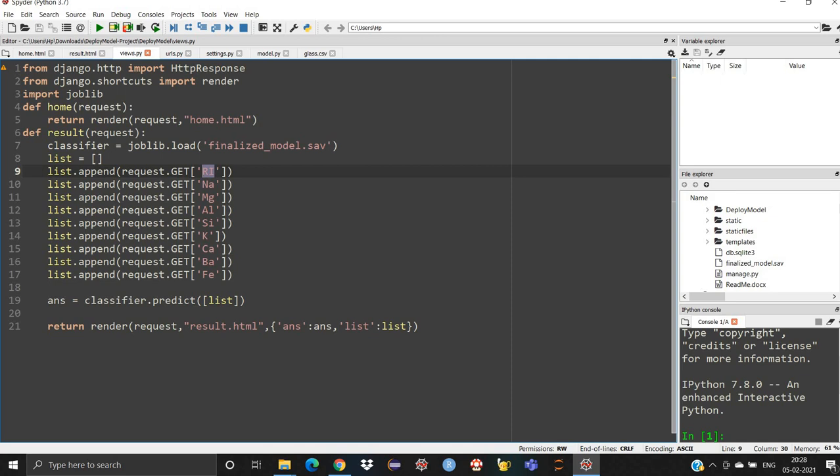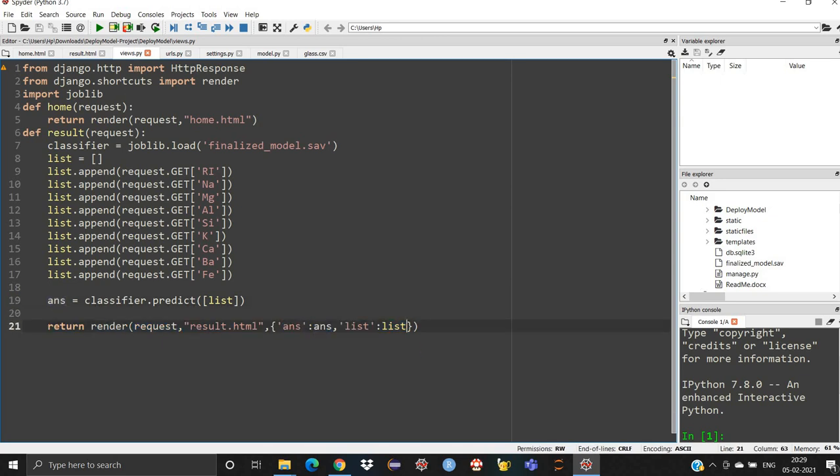Then after appending all these things, I have created another variable which is ANS, and I have predicted by passing this list inside the predict function. It will predict which type it belongs to and store the answer inside ANS. After that, I'm returning render. It will do the same thing: I have passed these two things, answer and list.